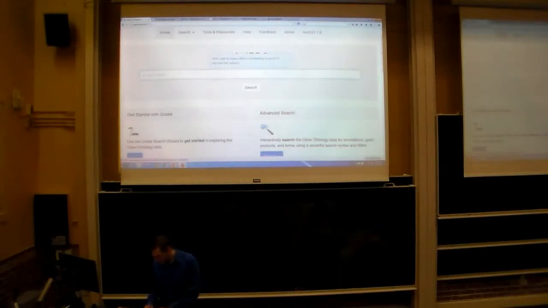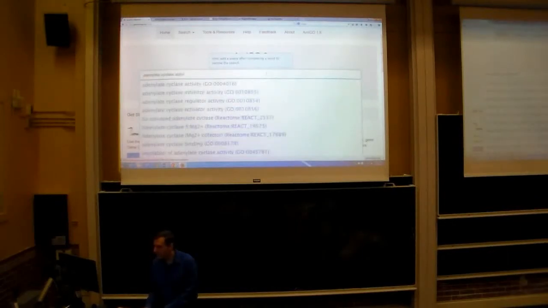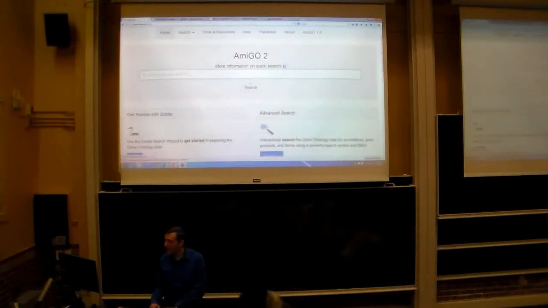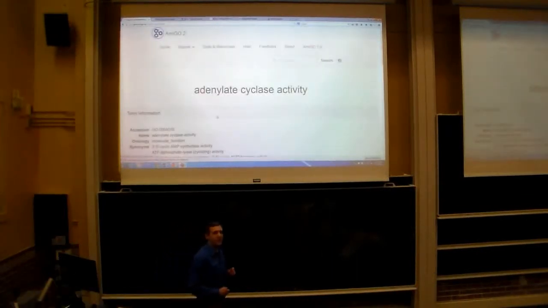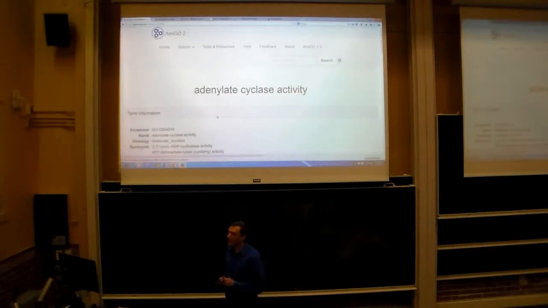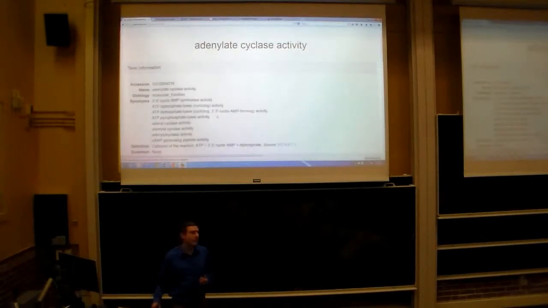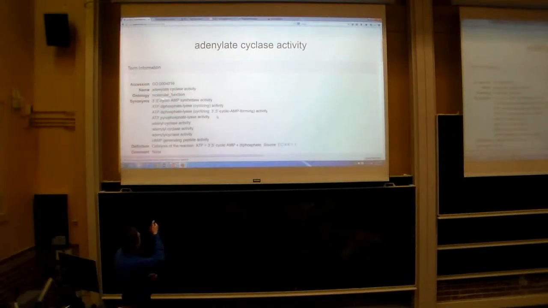So I'm going to type in here specifically a sort of enzymatic function, so something called an adenylate cyclase activity. And we can see that there is a GO term associated with adenylate cyclase activity. So this is a GO ID. It says that there is an entry within the GO database associated with that term. And I'll just pick this, and that will take us to a page that's associated specifically with this term, adenylate cyclase activity. So adenylate cyclase activity is a kind of enzymatic activity, and that's annotated within the Gene Ontology through